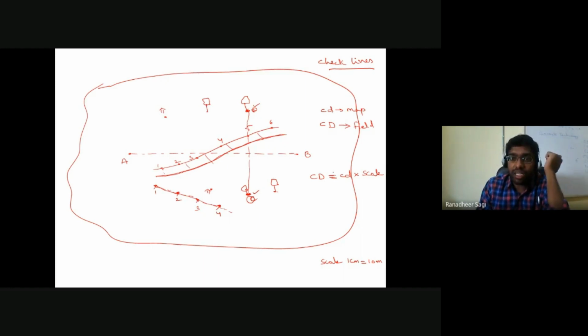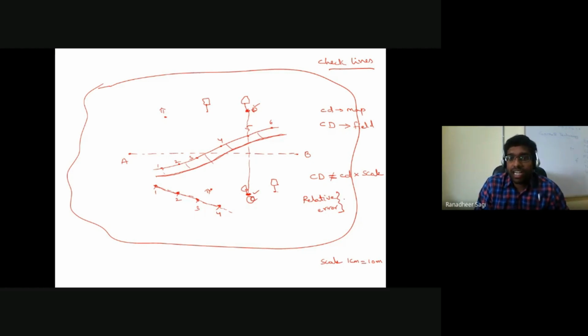In case the measured data from the field and the data you get by converting the measurements from your map are not equal, it means that there is an error. Error in what? Error in either carrying out the measurements while taking the location of various objects in the field, or while converting that data into proper representation in your map. Somewhere there is an error. So we can try to understand how much is that relative error that we are coming across with regard to the mapping work that we have done.